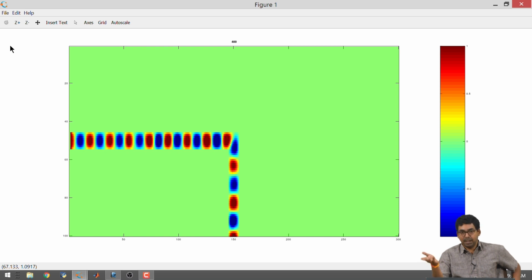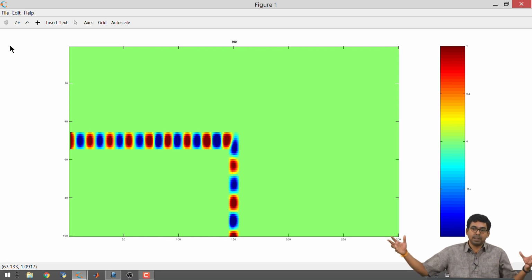So, you start with single interface, now we had 2 interfaces and all that. Now, you can go ahead and use the same approach to put metals at different places and build what is known as cavity, resonators, etc. You could also study what is a resonant cavity, what is a non-resonant cavity, all these things. So, we have the framework.